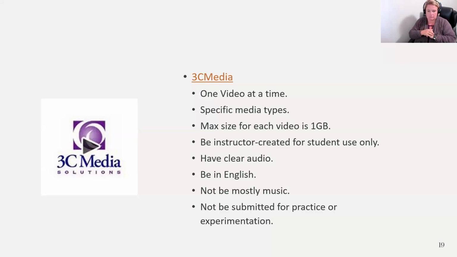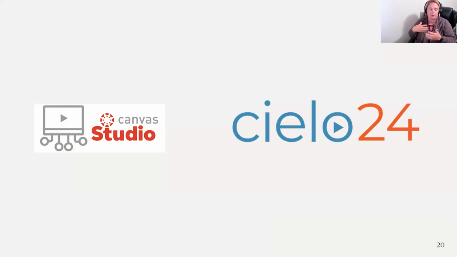But there were some challenges with approval and checking. I'll show you the process, and I think you'll understand. But again, you can use 3C Media right now and go in and submit, try it out. What I find odd is that you can submit it for auto captioning. Like, I don't need 3C Media to do that, right? We already have tools that do auto captioning. But in any case, this is the partnership that we've chosen.